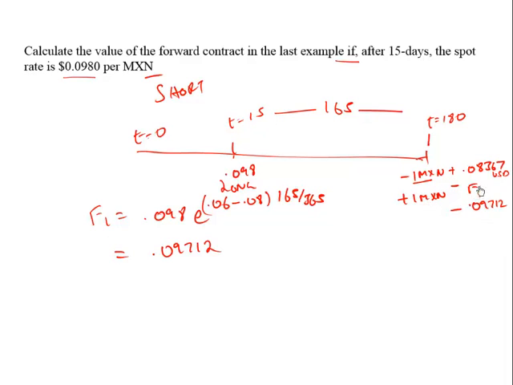So his payoff will be F0 minus F1. To buy the Mexican peso, he has to pay F1. He is originally short, so he sells the Mexican peso and receives F0. So F0 minus F1 is what he has locked in. So his payoff will be equal to